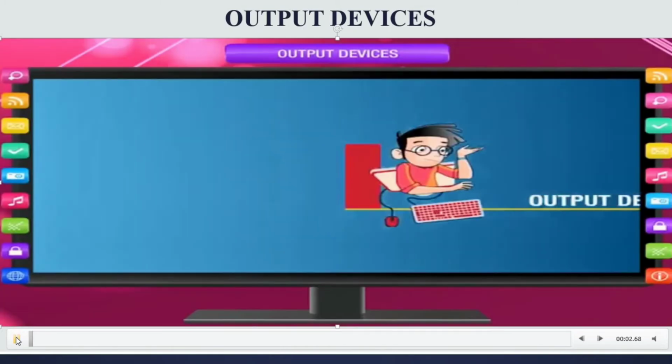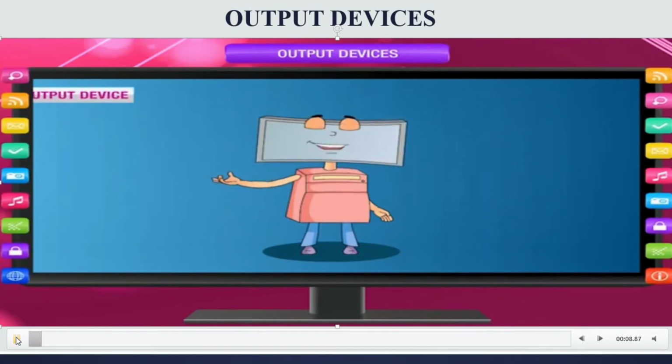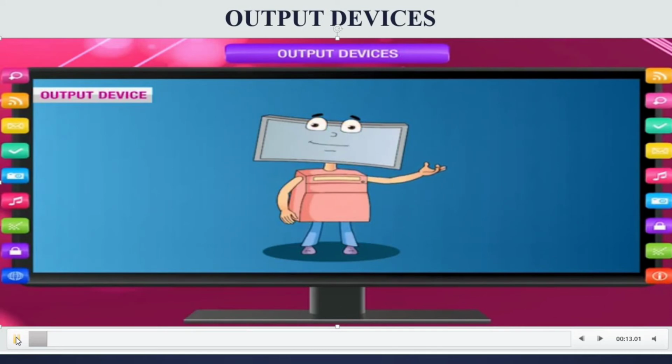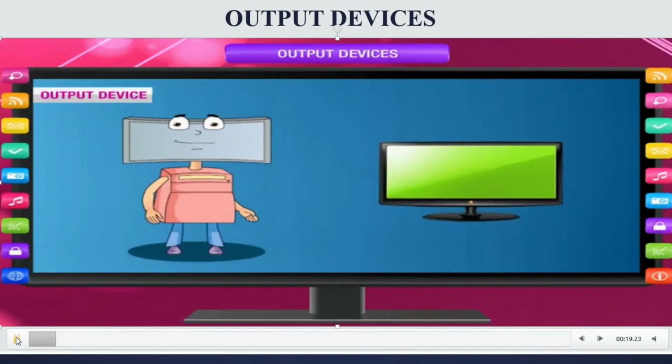Now let's see some output devices. A computer talks to us through output devices. The output devices can display and print, showing the result done by the CPU, right? The output devices show the letters which are displayed on the monitor.